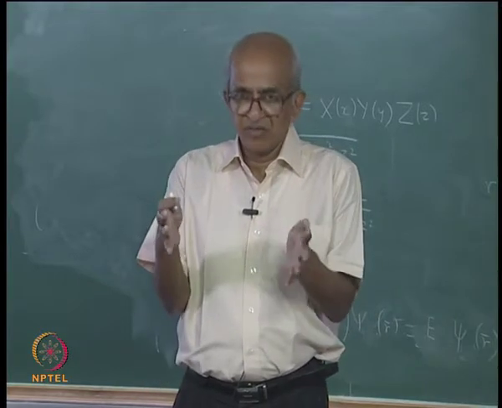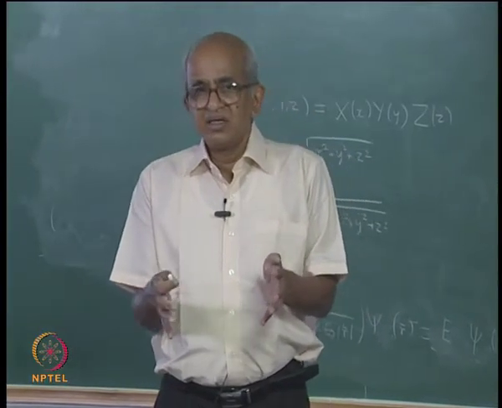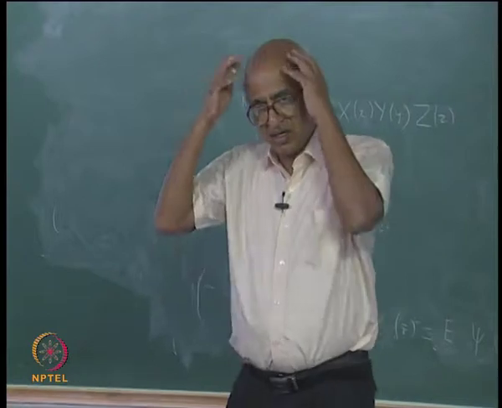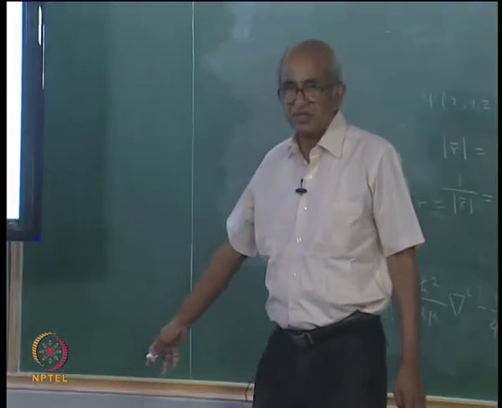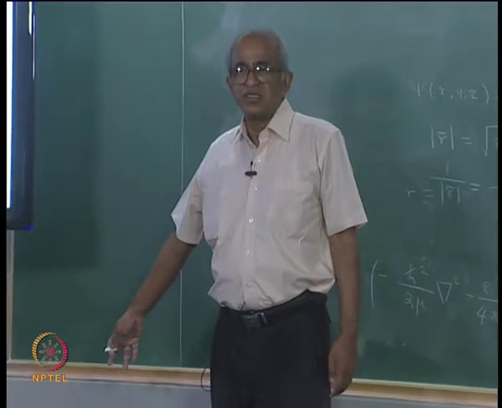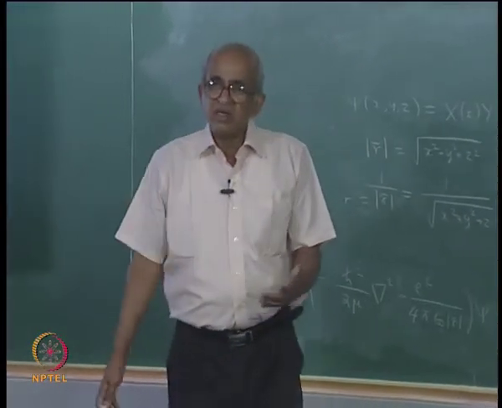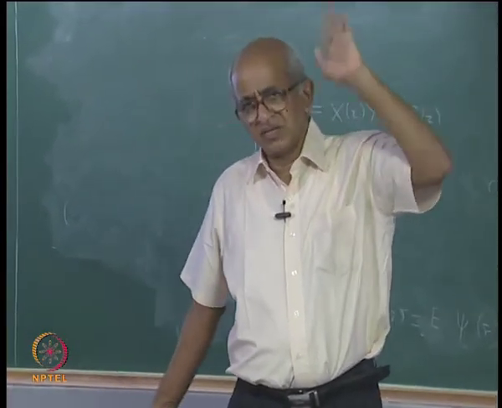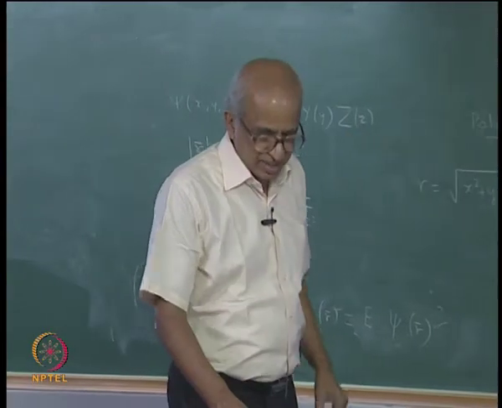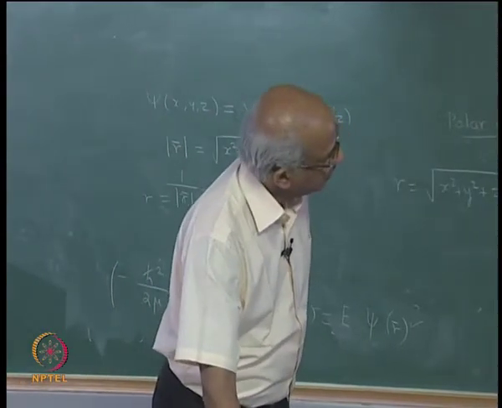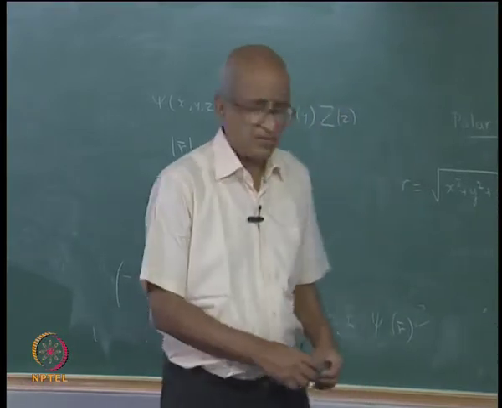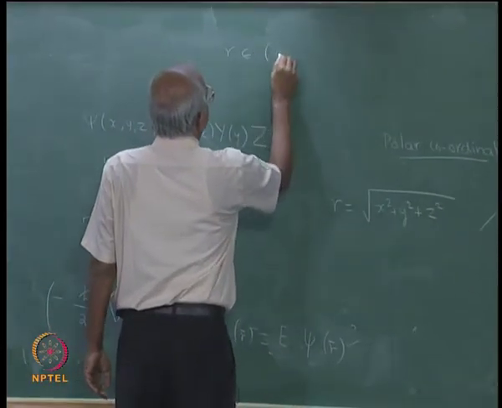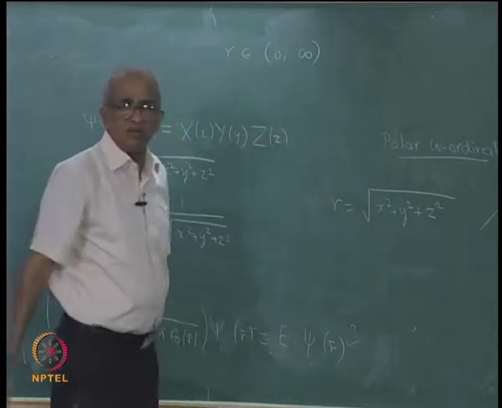Well, r is the length of a vector, right. In fact, if you imagine that my head is the point that is to be specified, I can imagine that it has been put there, and then the value of r will be 0. Or I may be standing far away from the origin, in which case the value of r would be extremely large. So, r can vary from the minimum value of 0 to a maximum value of infinity.